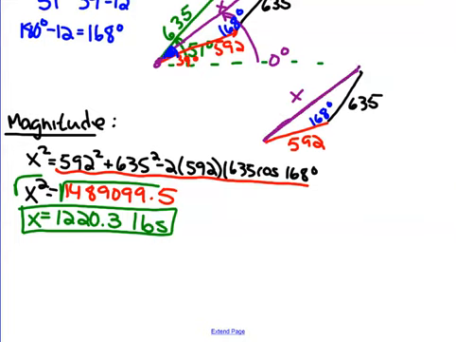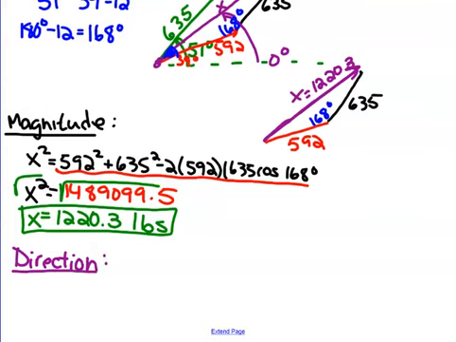They're going two different directions. This is the new direction here, and the combined force, you don't just add the forces together, it's a combined force because they're going two different directions with those forces, but the combined force ends up being 1,220.3 pounds. And now that we know what that is, the direction, kind of similar to the last one,